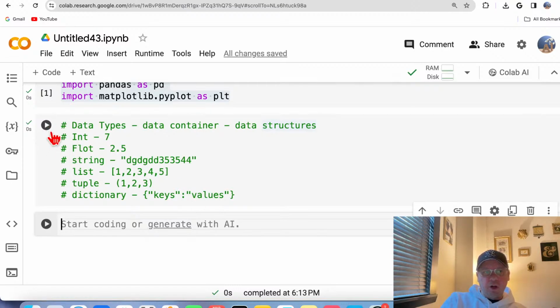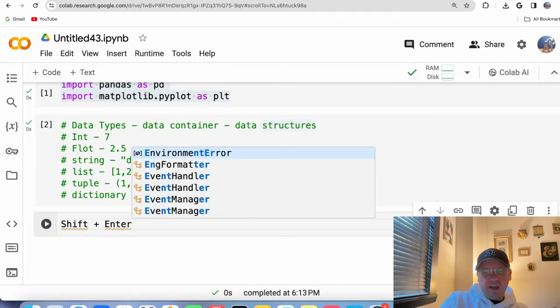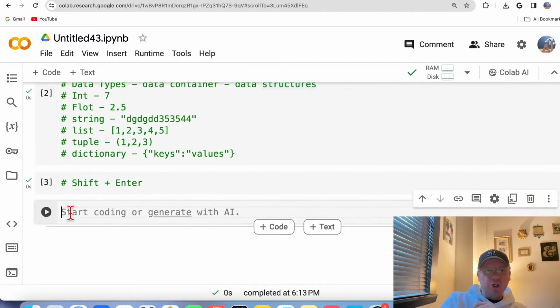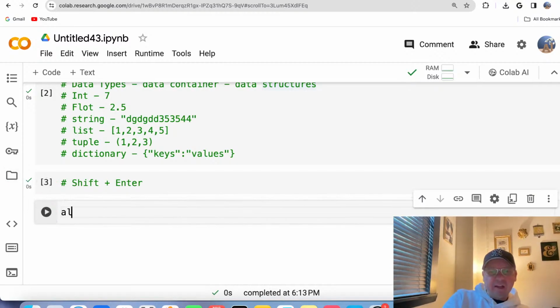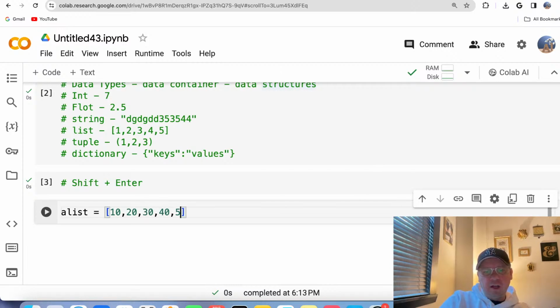Also, if you want to follow me, and I hope I won't go too fast, I'll try not to go too fast. If you need to run the cell and you don't want to click the run button all the time, there is a shorthand, Shift Enter, which is a shortcut for clicking this button. All right, so if you're with me, let's create a plain vanilla Python list, something like 10, 20, 30, 40, 50,